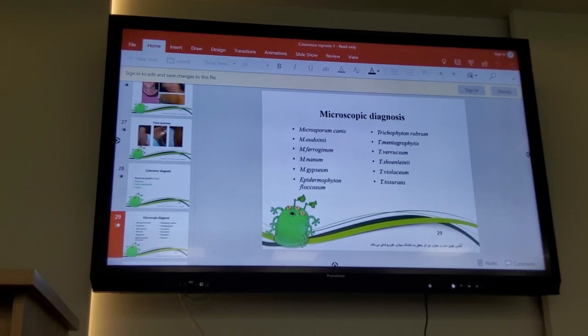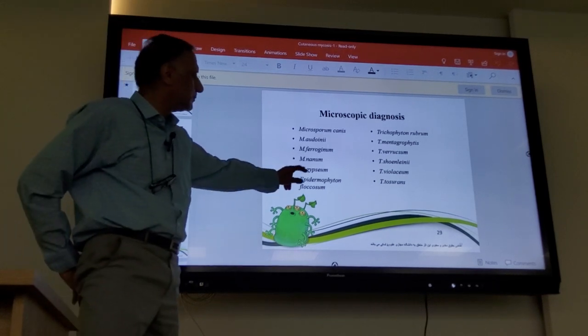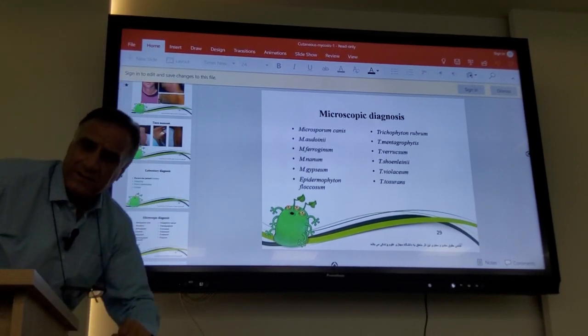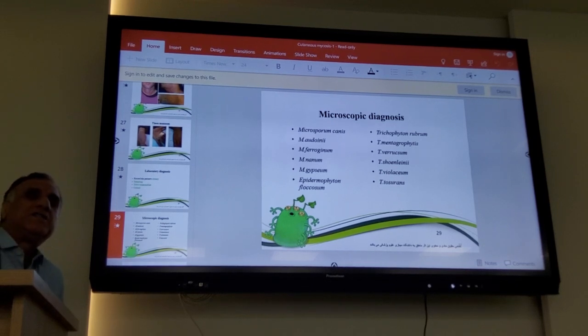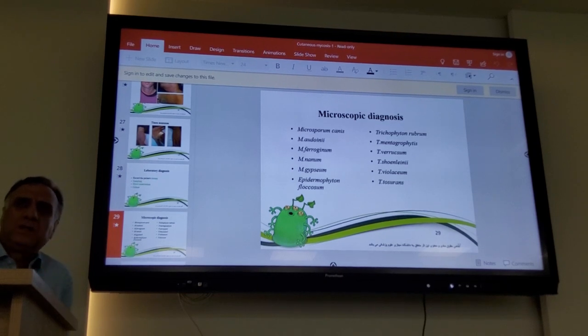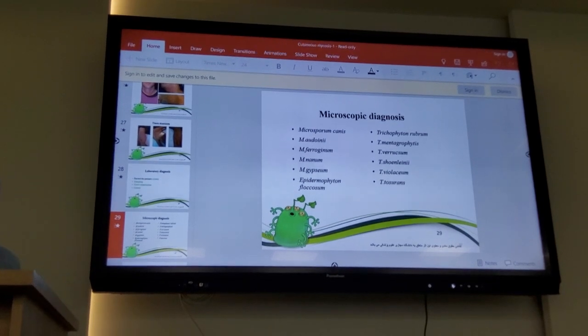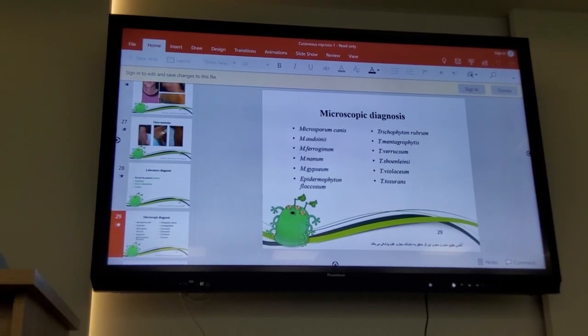Microsporum gypseum is a geophilic dermatophyte. You can find it in soil, and it leads to the acute type of endothrix. This may be a question: which dermatophyte leads to acute endothrix? For example,